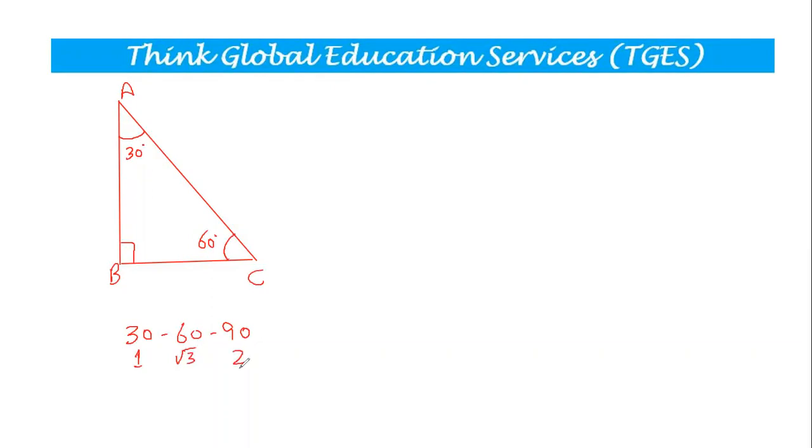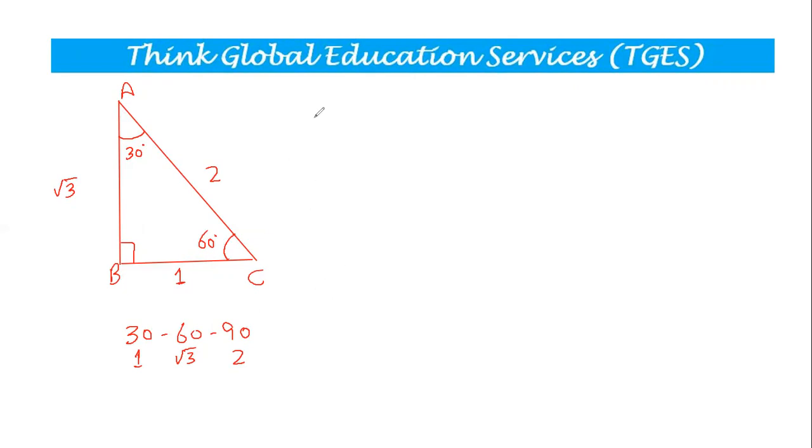Now how this is developed, it comes from trigonometry, but we really don't need to go there in our SAT. We just need to understand that whenever the angles are in the ratio of 30, 60, 90, the sides are always in the ratio of 1, root 3, 2. That means the side in front of 30, the ratio will be 1. The side in front of 60, the ratio will be root 3, and the side in front of 90, the ratio will be 2. So this is a special triangle. If I know the ratio of the angles, 30, 60, 90, the ratio of the sides will be 1, root 3, 2.